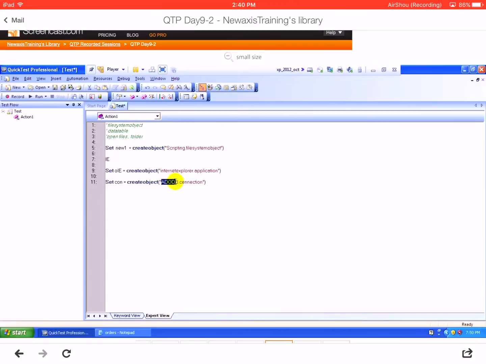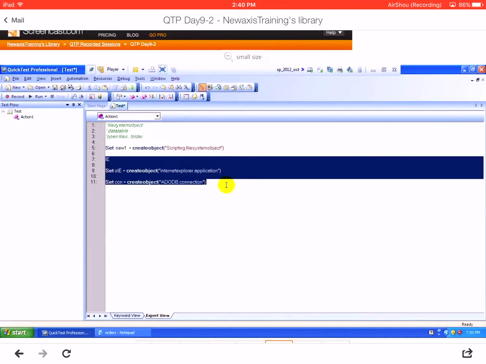And what is this ADODB? Again, this is a library which contains so many ADO objects, means ActiveX data objects. These are used to perform operations on your database. Don't worry about this. Don't take this too much. We'll be learning about this connection object in the next session. Just here, you need to understand